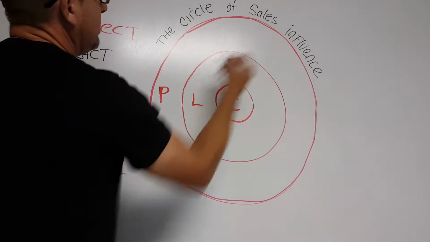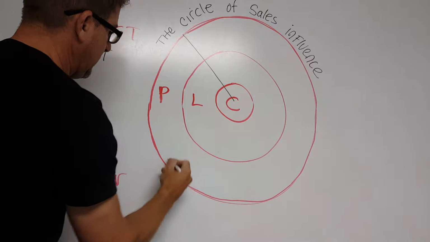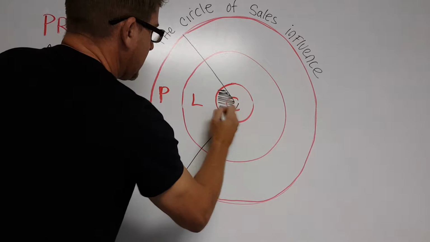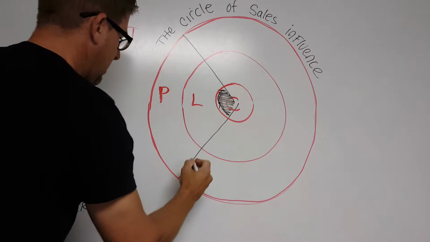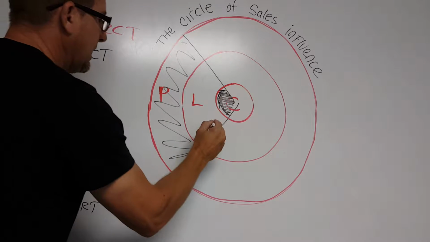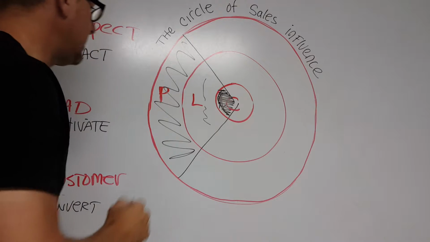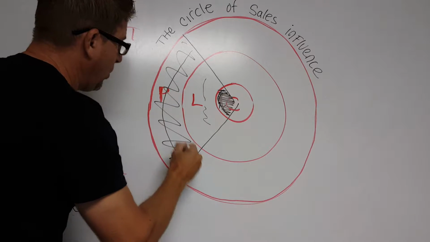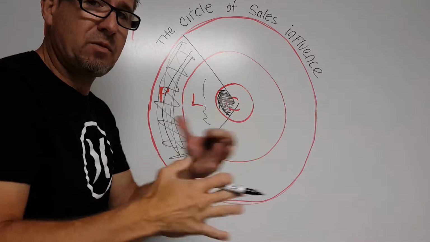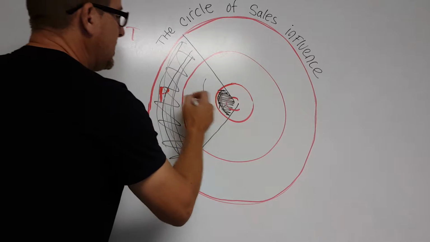Now, this is called the circle of sales influence. It's not that scientific, but the way I see it is this. Let's consider this a customer right here. The more prospects you have, the bigger the audience you have, the more leads you're going to get, and the more customers you're going to have. And it usually works out like this. You're going to have to have a whole bunch of people in your prospect pool, right? In your audience, the people that you're talking to, texting, emailing, presenting to, to get to a lead.